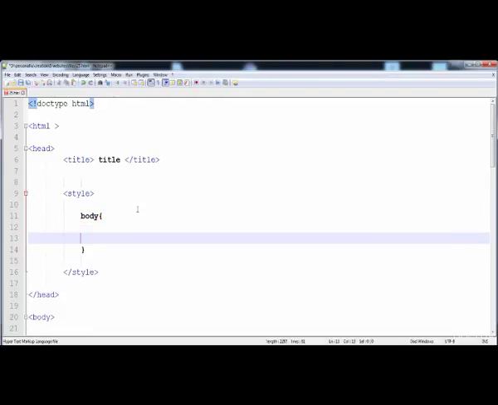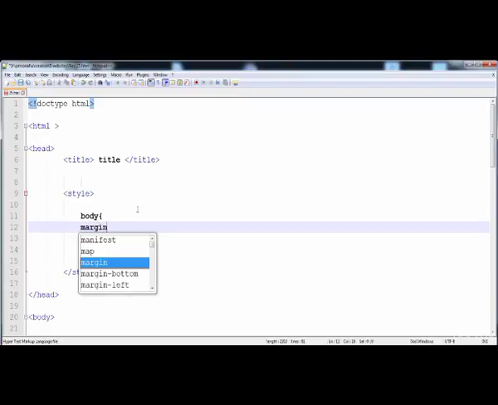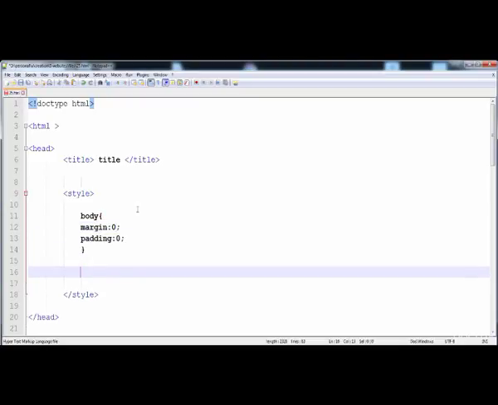Here I'm going to remove the padding and the margin of the body, the default space given to the body, and then I'm going to give the style to the header. Here is the header,